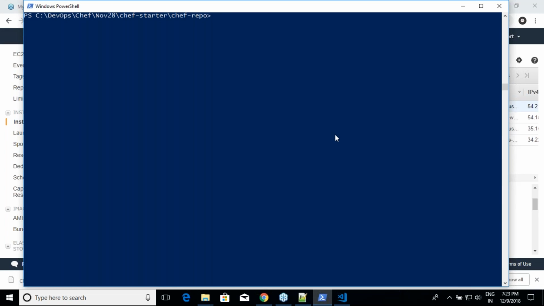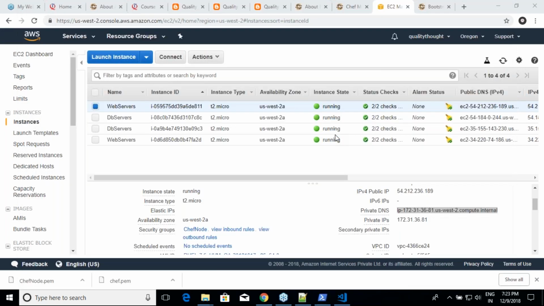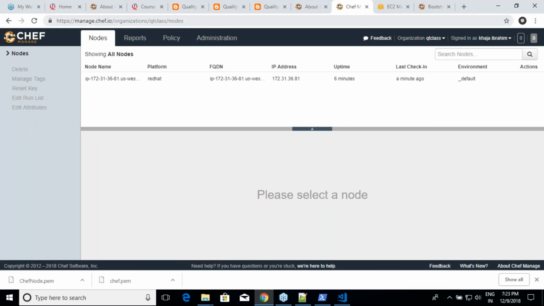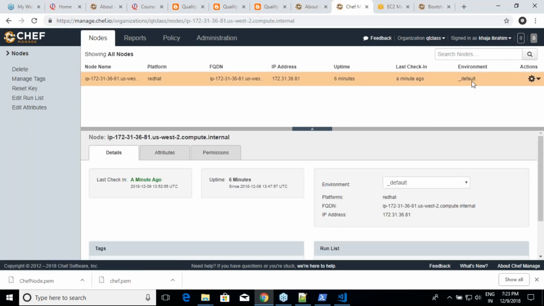We will do it at a later point of time. But whenever you are doing it officially, it is better to tell the environment while bootstrapping, because if you go into Chef Manage and get into the nodes, by default the environment is default. While bootstrapping itself, you can say that my environment is not default, it is dev or QA.